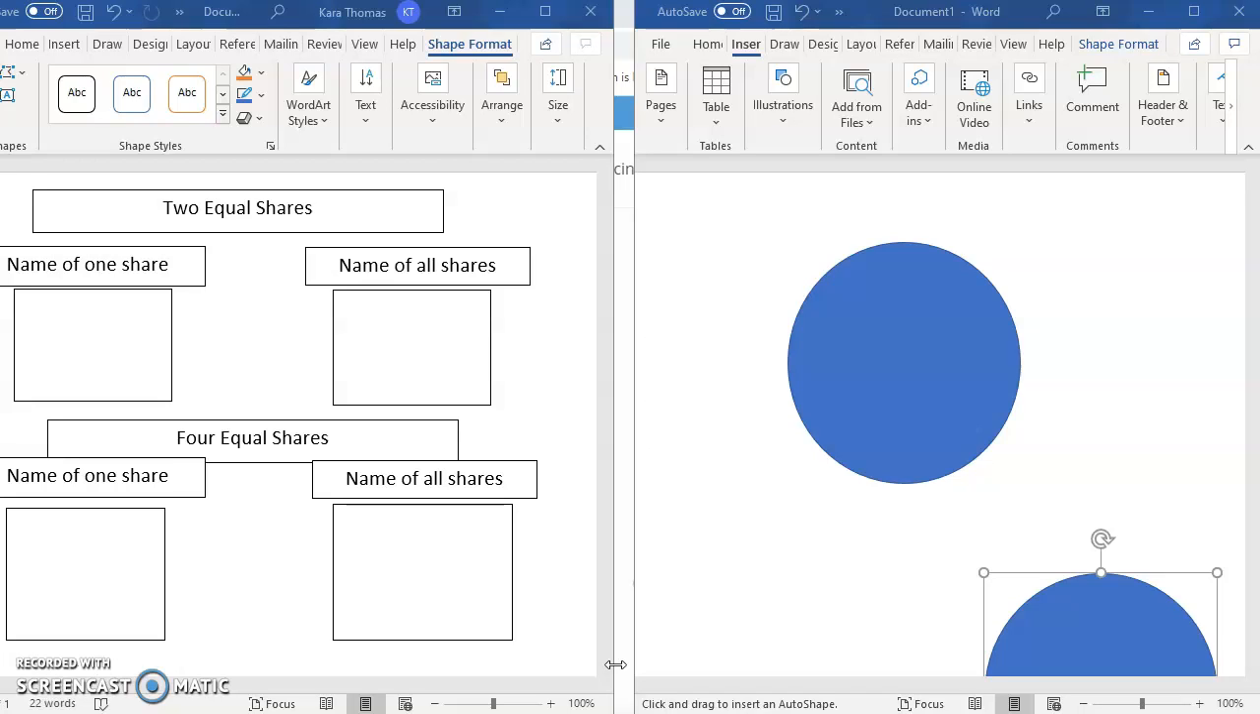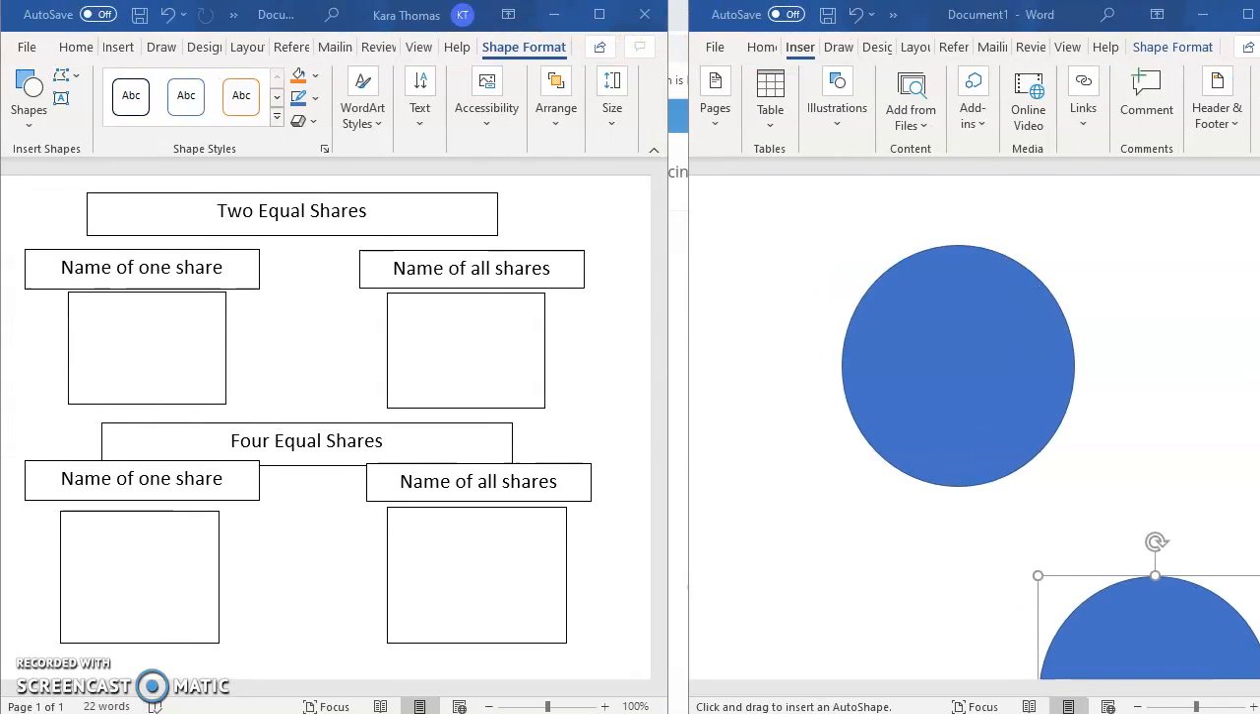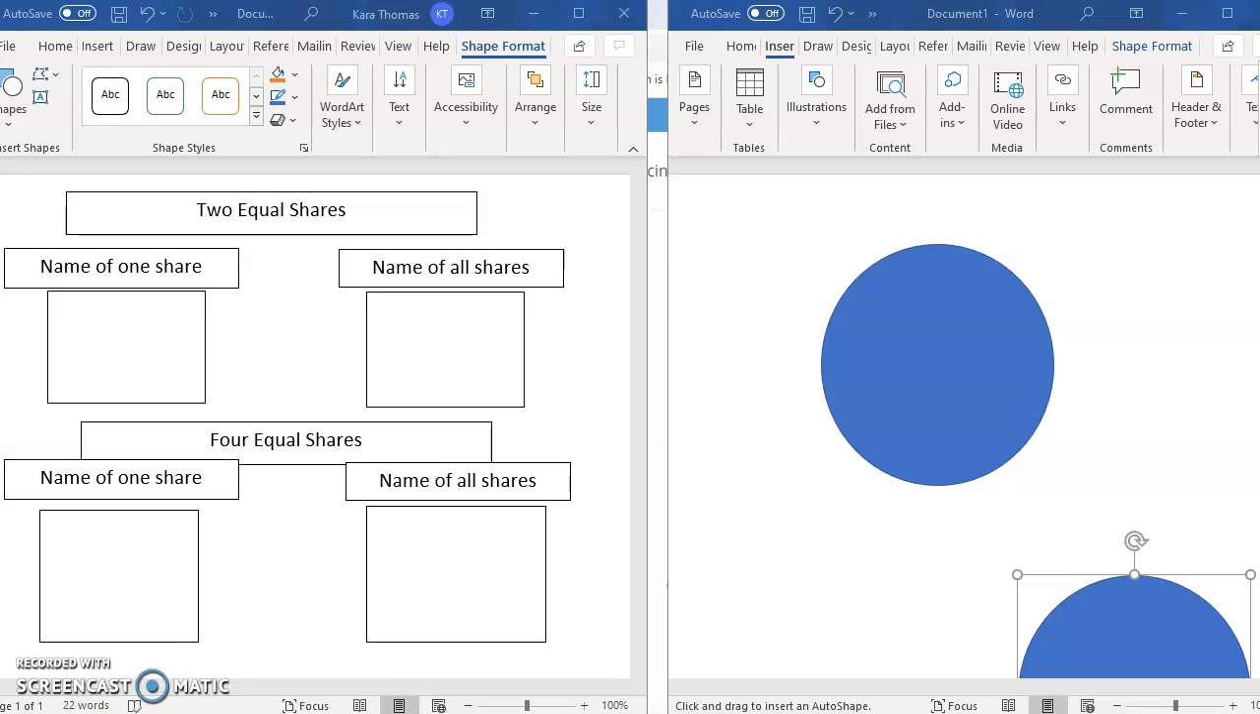I just wanted to tell you that you guys are doing a fantastic job working at home with your math boxes and your math work. I'm very impressed and I just want to encourage you to keep up the hard work. You're doing really good. Okay, today we're going to talk about shapes again, and I have a circle over here